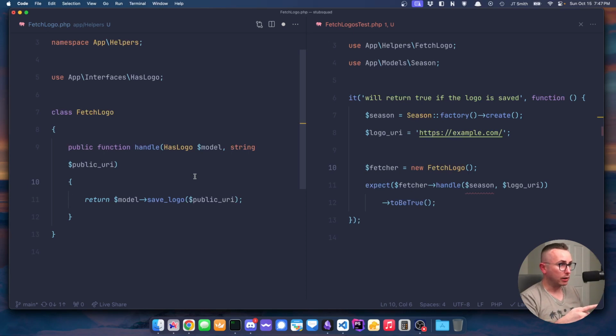And that is where the functionality for actually saving it to S3 is going to live. And so we can make a trait later that will do that, so that we don't have to keep re-implementing the logic for it. But right now, I think what we need to do is just get the